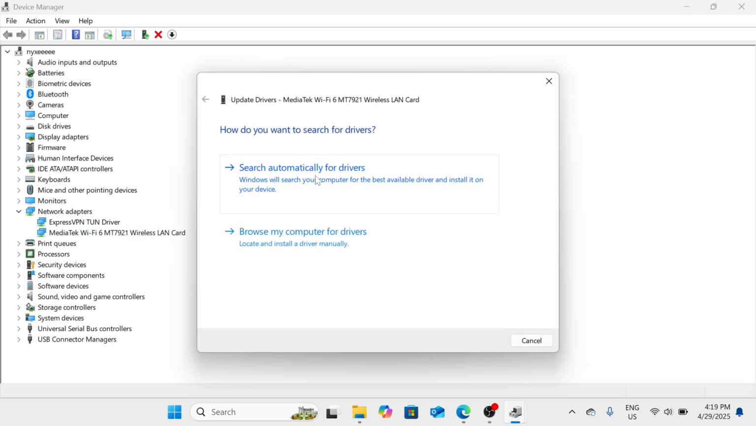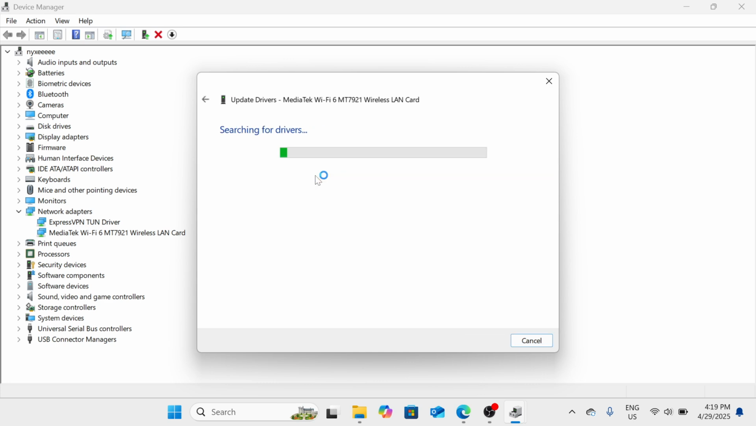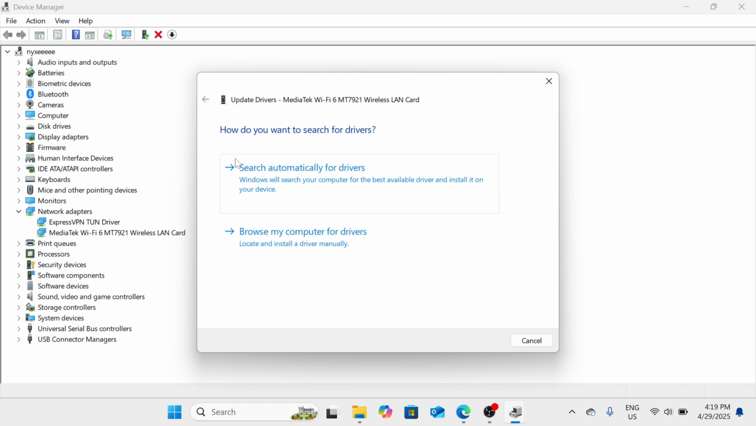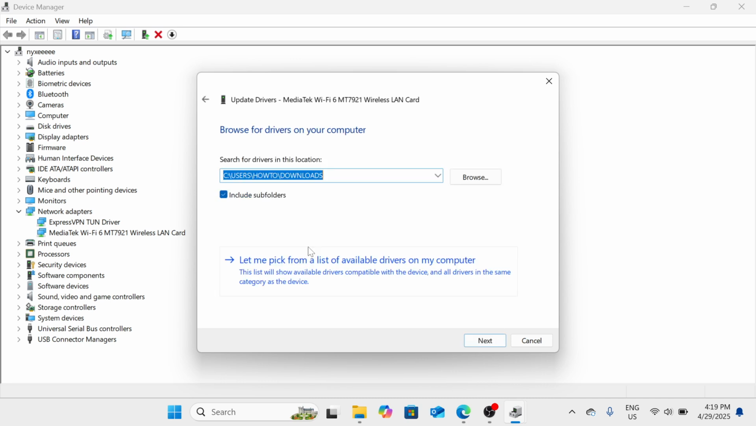And then if you're connected to the internet, just go with the first option, search automatically for drivers, and wait for the window to say that the best drivers for your device are already installed. Now, if you're not connected, then just go to the second option, browse my computer for drivers, and